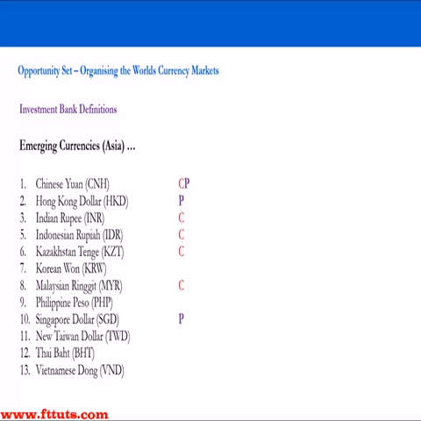So when we move into Asia, we see that we have a large list again of emerging currencies in Asia, and a whole bunch of them have got dependency on commodities. And we also have a few of them, so the Chinese yuan, the Hong Kong dollar, and the Singapore dollar. These currencies are pegged regimes similar to GCC, and pegged regimes do have different nuances. We're going to look at those in more detail in video number 2.